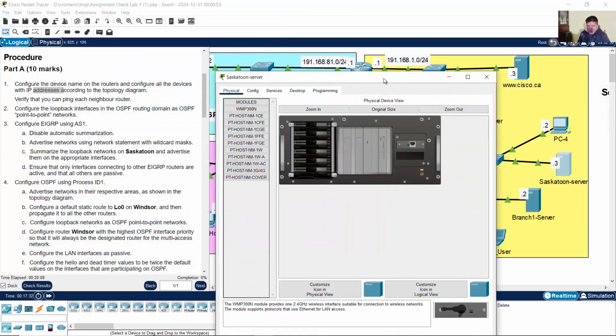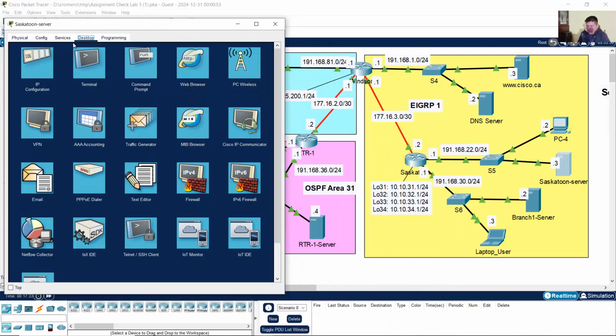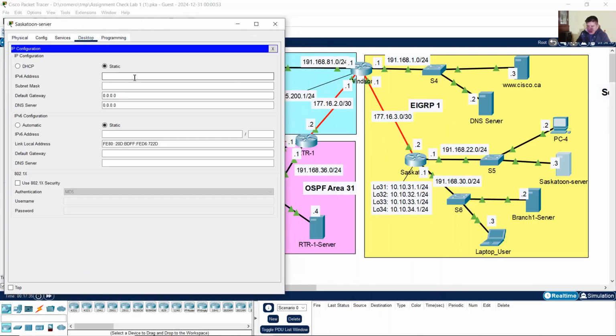The Saskatoon server is 22.3. Okay, 22.3, prefix, gateway 22.1, DNS server 1.2,